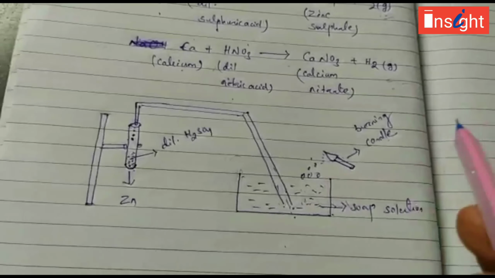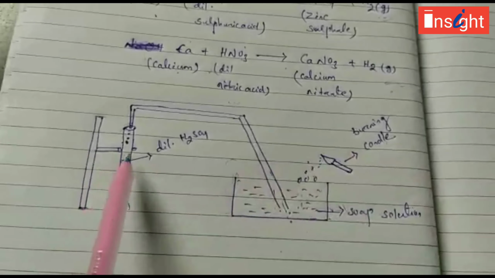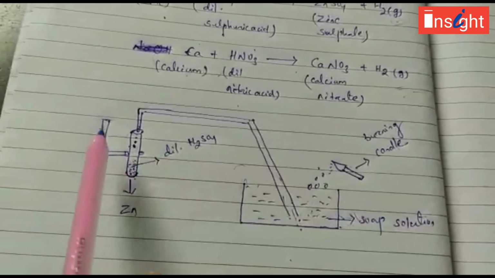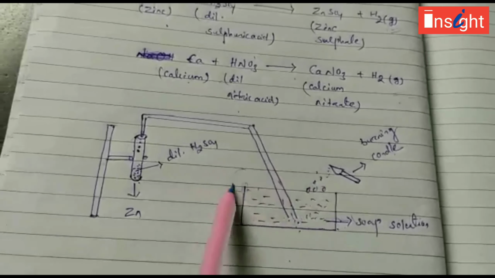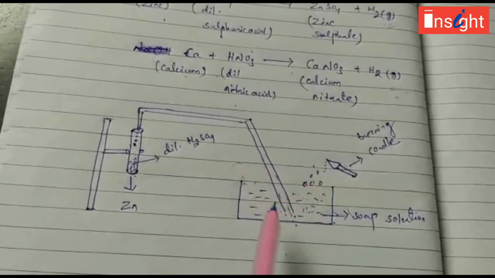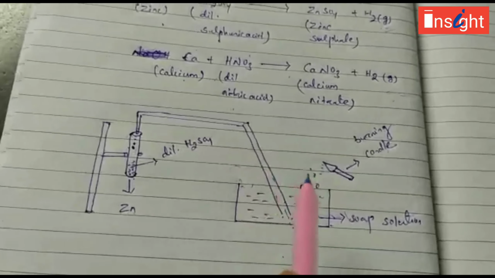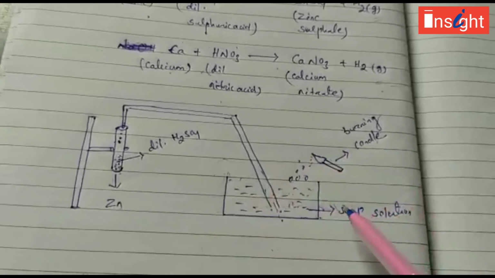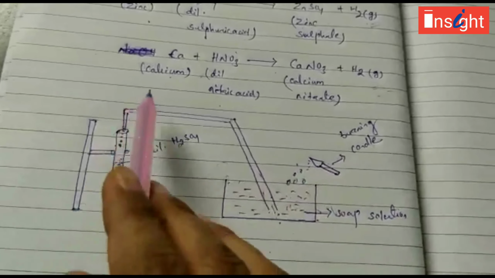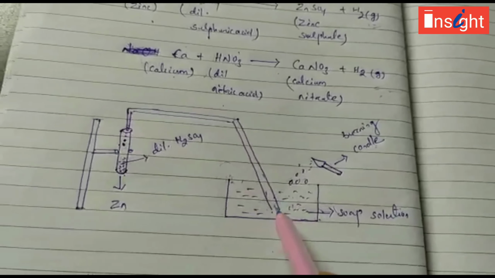So now you are clear about it. We are using soap solution because we want to know whether hydrogen gas is released or not. That is why we are using soap solution, because we know that hydrogen gas doesn't dissolve in the soap solution, and when the gas is passed into the soap solution, the gas